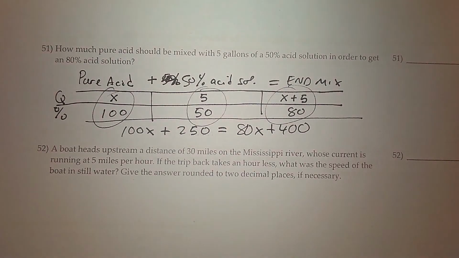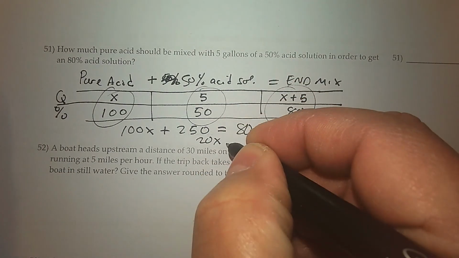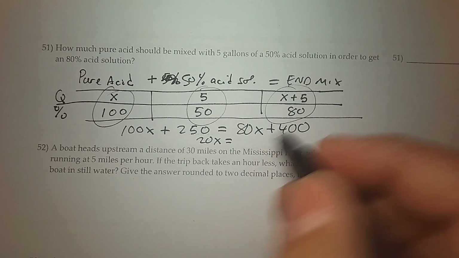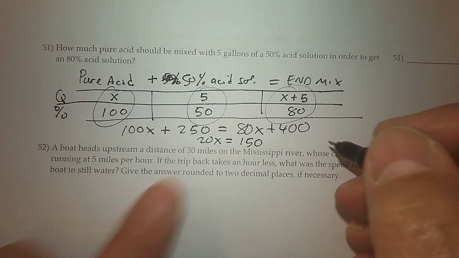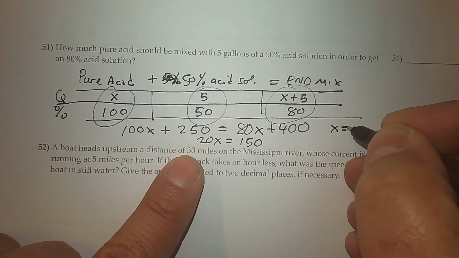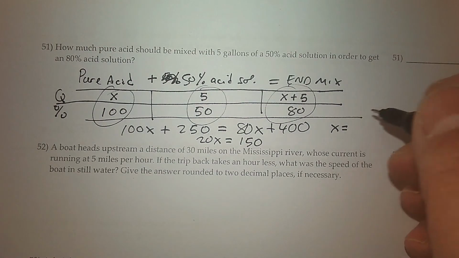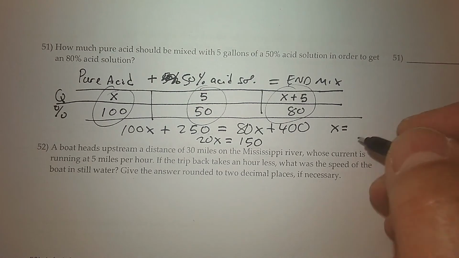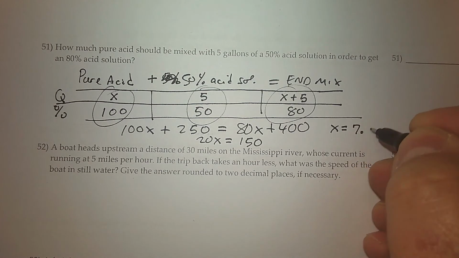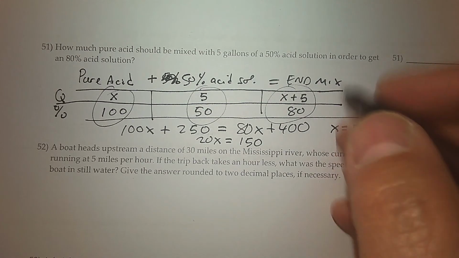Okay, so to solve this, combine like terms. Subtract 80 and you have 20x. Subtract 250 and you have 150. Can you divide it and tell me what the answer is? 150 divided by 20 or 15 divided by 2? So, how much pure acid should be mixed? And the answer is you should mix